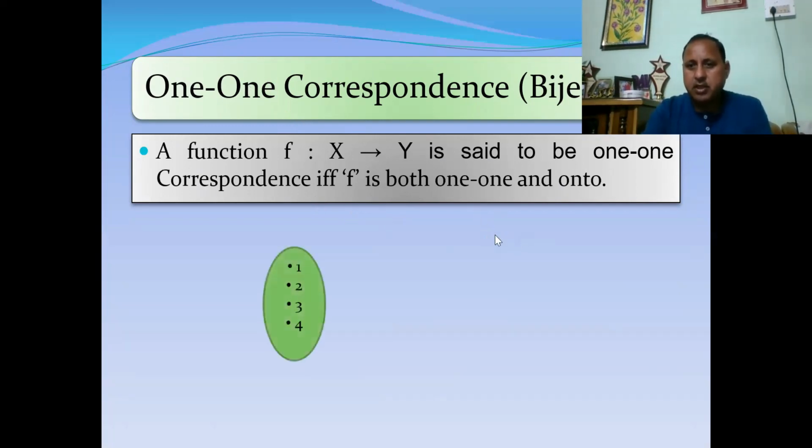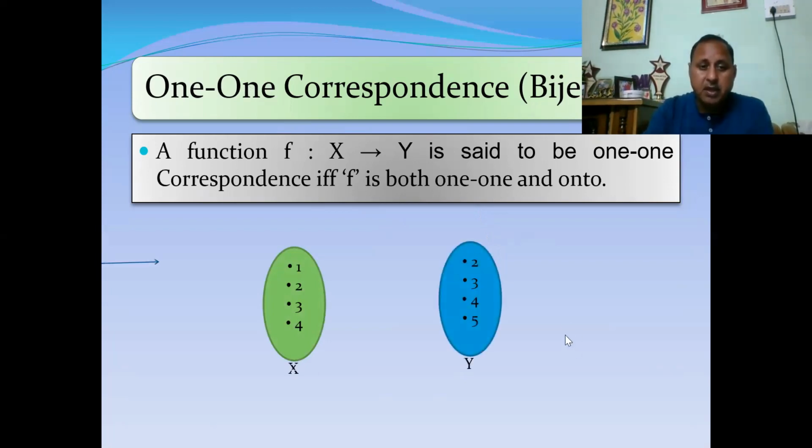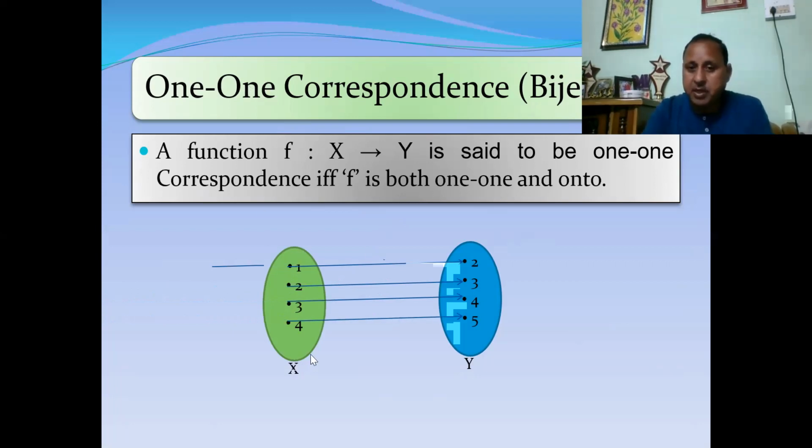Let us see the example again with the help of an arrow diagram. You can understand in a better way. You will observe two things now. This is a one-one mapping. First of all, is it a function? Yes, it is a function because each has an image, and different elements have different images. It means this one is one-one. And secondly, you will check that each element has a pre-image. Each element, 2, 3, 4, 5 has a pre-image. It means this one is onto. Therefore, this function is called bijective.